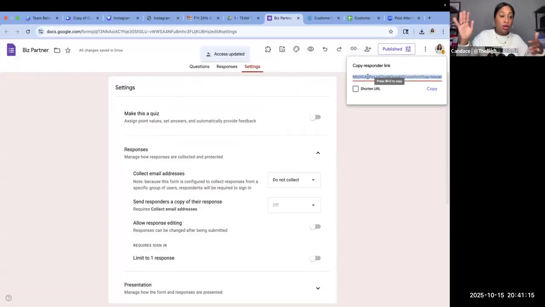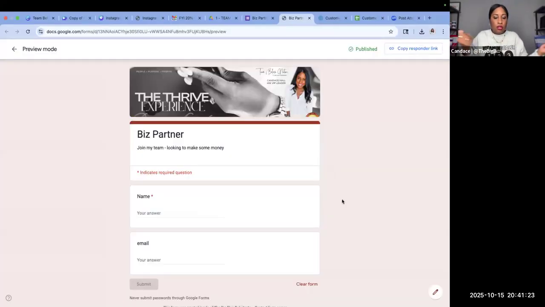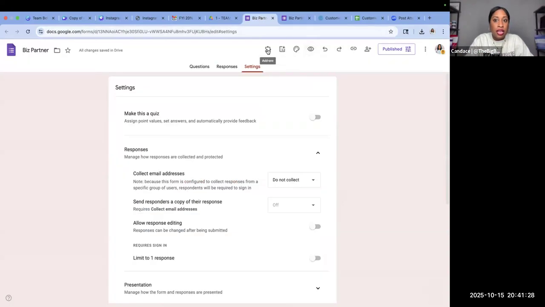tree, whatever you are using to send people, hey, if you're interested, join me. You'll send them that link and it will open, and then this is what it'll look like on their end. They won't see all the other fluff. However, I will say, if you click on this